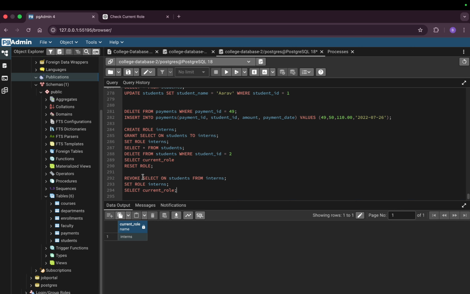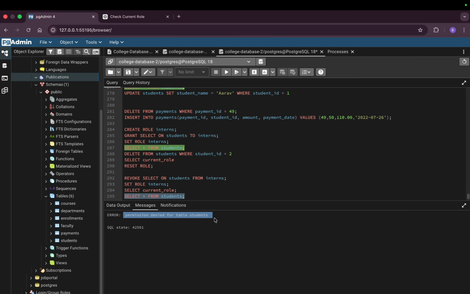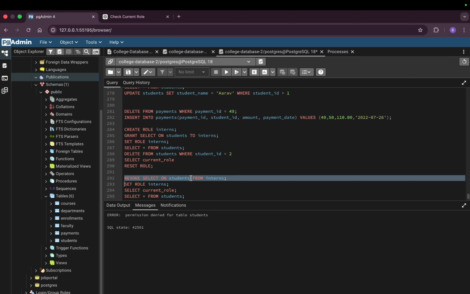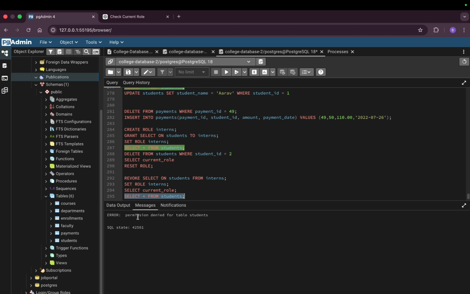Now that I've revoked the interns role's permission to view the table data, if I do select star from students, do you think it allows me to view this table data? Let's see. It says permission denied for table students. Why is it giving this error? It's because we revoked the interns role's permission to view the table data. That is why when I do select star from students, it is giving permission denied for table students. Now this interns role that I am in will not allow me to view the data because we have revoked the